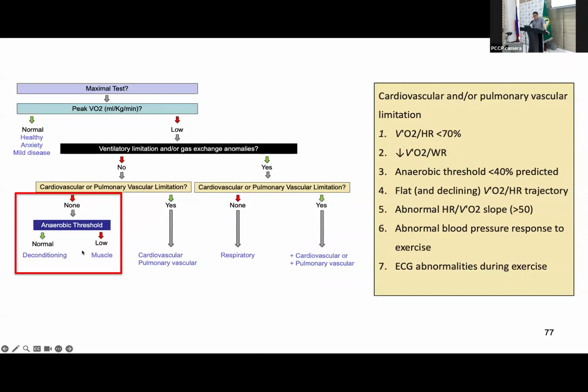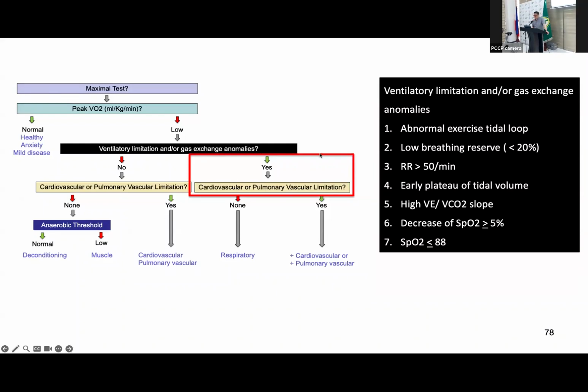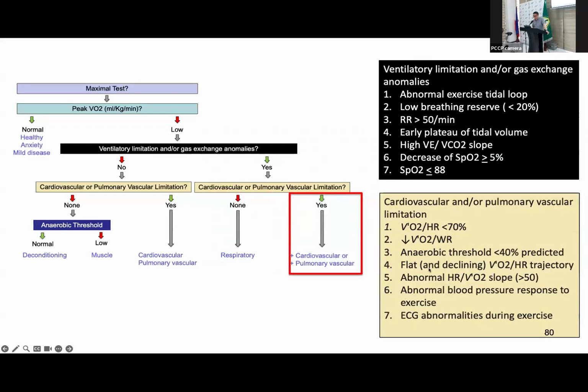If the AT is normal, probably the patient is deconditioned. If it is low, it might be a muscle problem. Okay, so we look for the pulmonary problem with this parameter. If there's a pulmonary problem, we don't know if there's a concomitant cardiovascular problem. If there's no cardiovascular problem, then it's pure respiratory. But we look for concomitant cardiovascular problem using the same parameters as on this side. Then we say it's a combined cause of the shortness of breath or exercise limitations, both pulmonary and